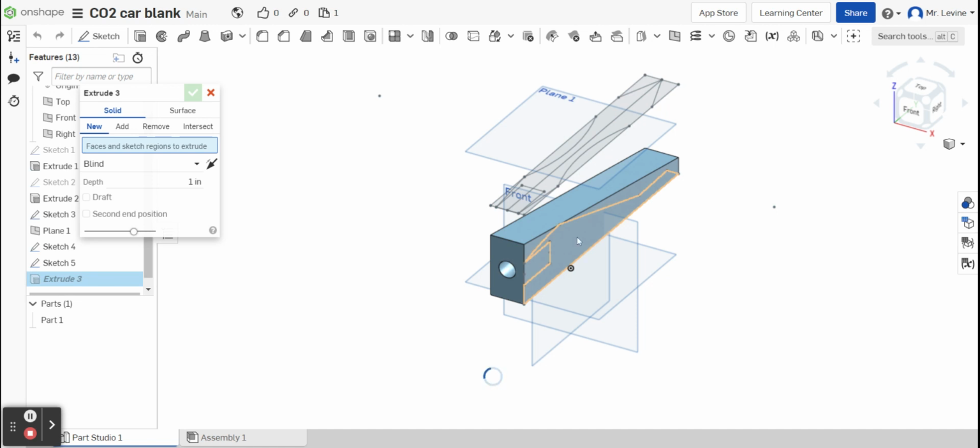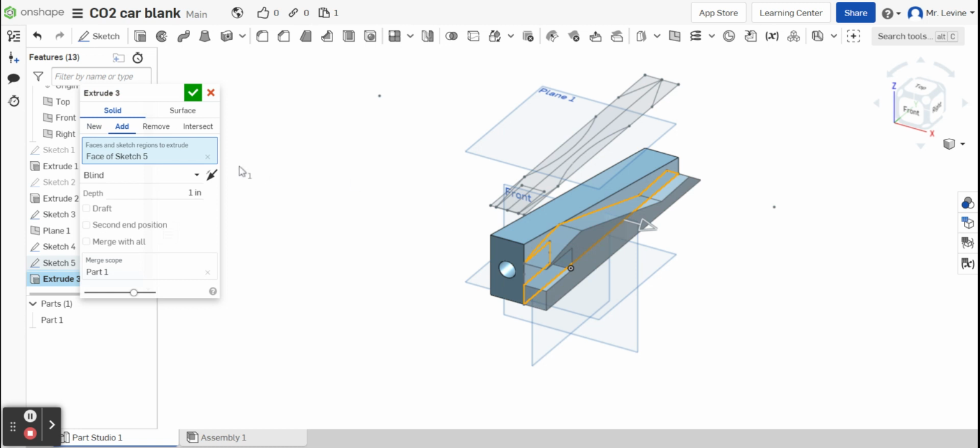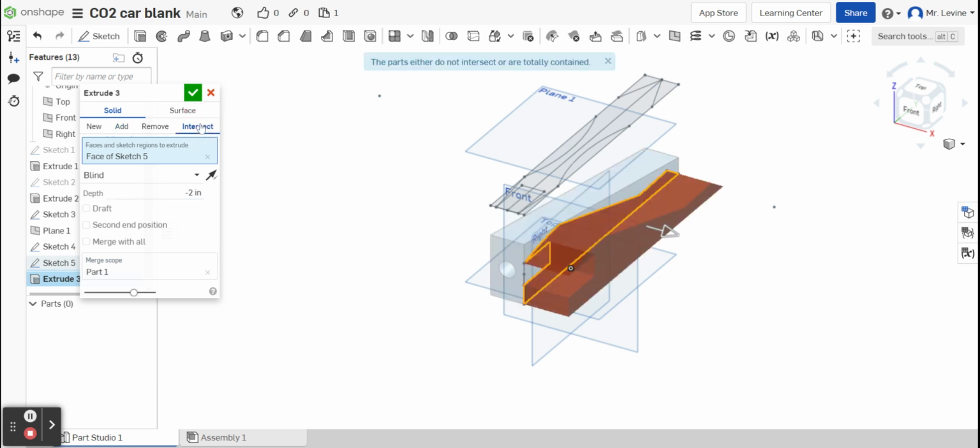So if I select the shape of my car, I'm going to go the other way. So I can put -1. Does it do it? Actually, it's going to need to be like -1.5 or -2. There we go. And then if I choose intersect, oops,